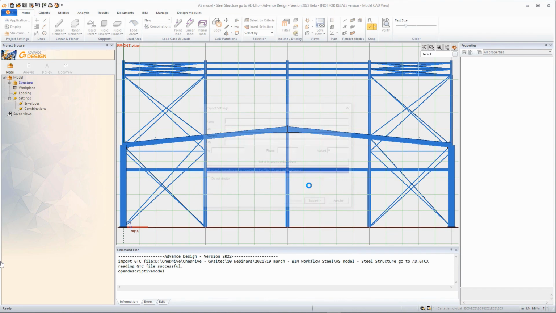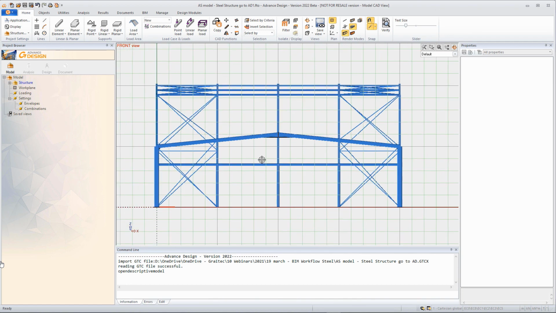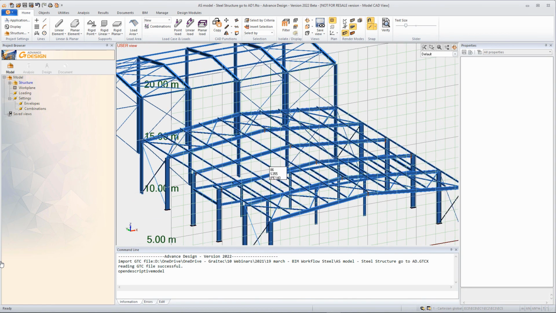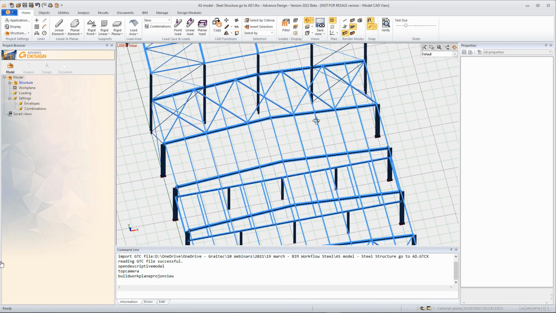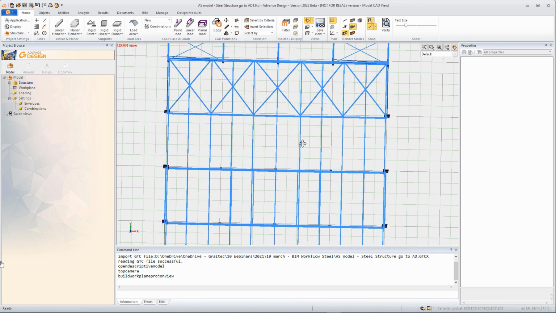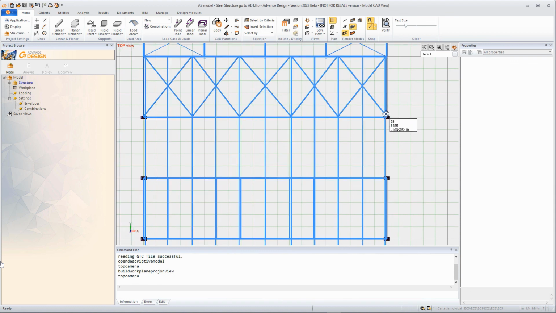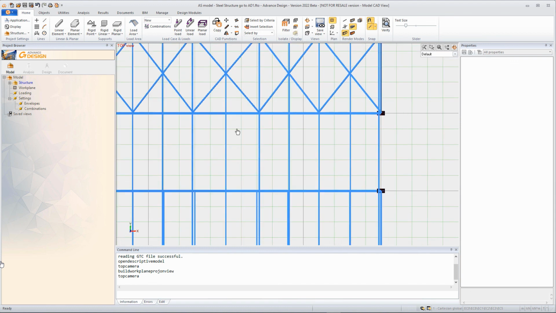So you need as well to save the model after exporting, because all information is saved inside the model. In Advanced Design, we can see here that the geometry is very well imported.